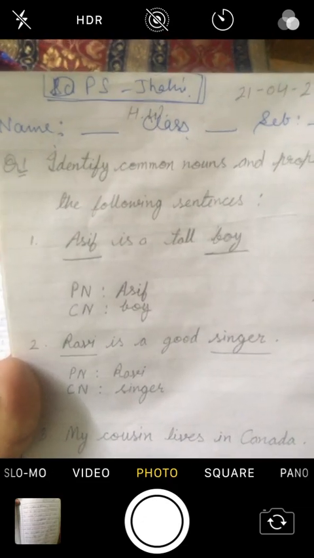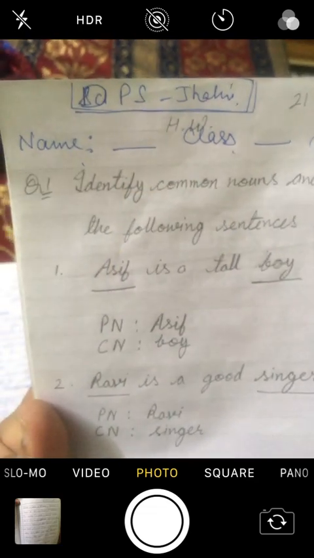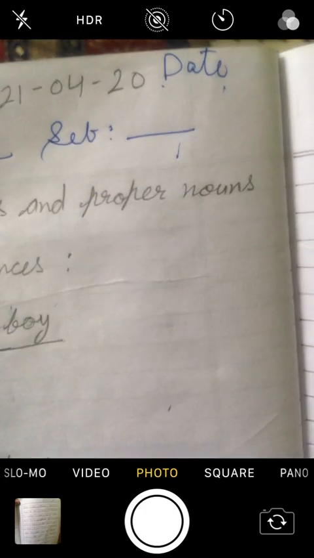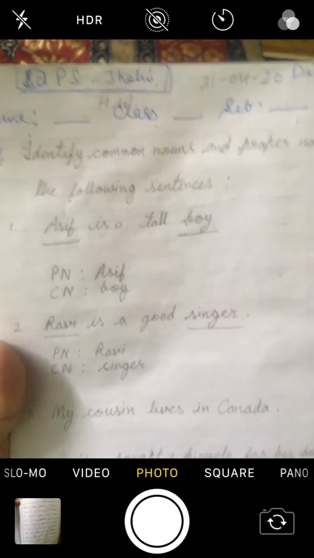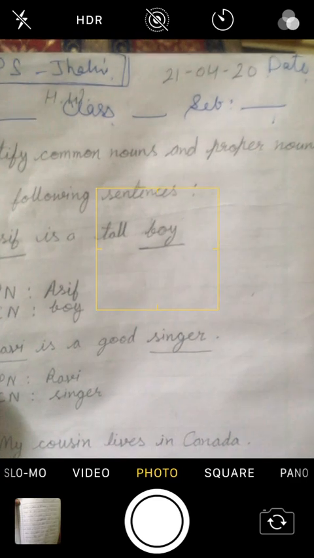At the top, you would be using your normal sheets of your notebook, and at the top you would be writing DPS Chakri, and like this: name, class, subject and date. This would be the format of your sheet, and you need to write these details on the top of every sheet.